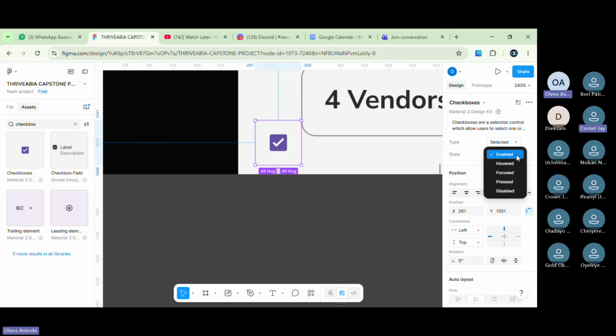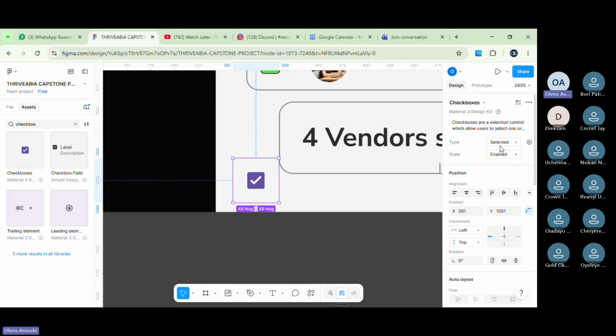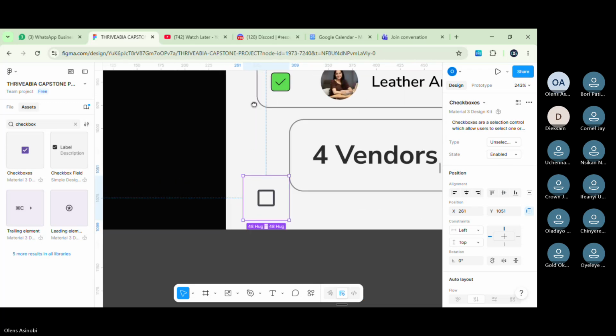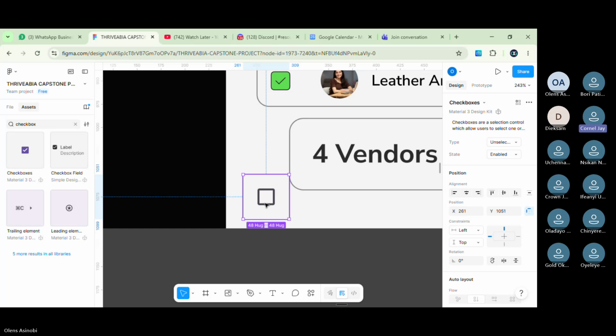So for you to understand this thing I'm showing you clearly, you see how as I click it now, I can come here, click on unselected. You see how it has changed to this type. You see it, Abi? Yes, sir. I can even switch to other types too. So when you watch that video, it explains this thing clearly. So you'll understand it, and then you can even use this as a sort of practice. Then maybe if we come to class on Wednesday, you can ask any question that is difficult for you.